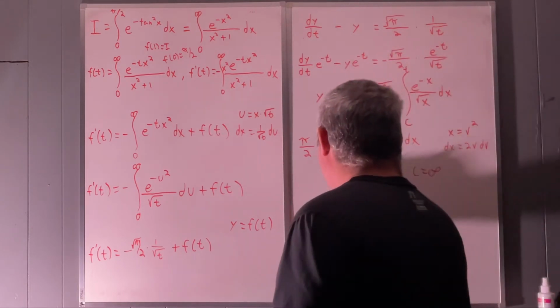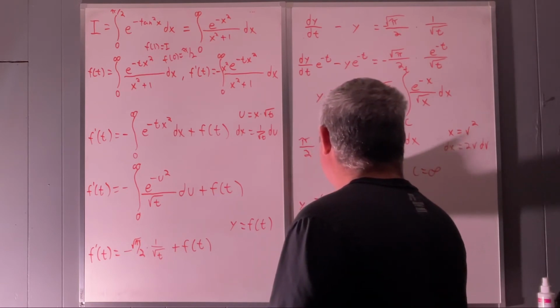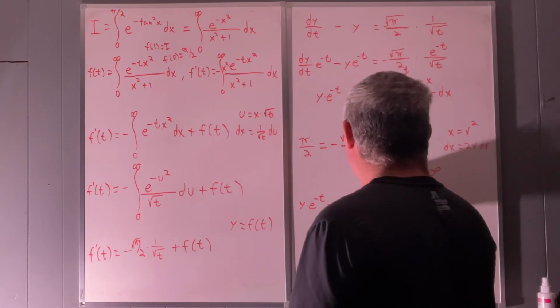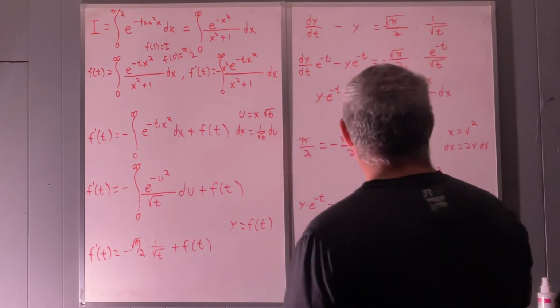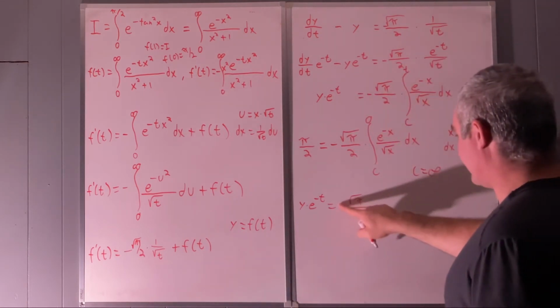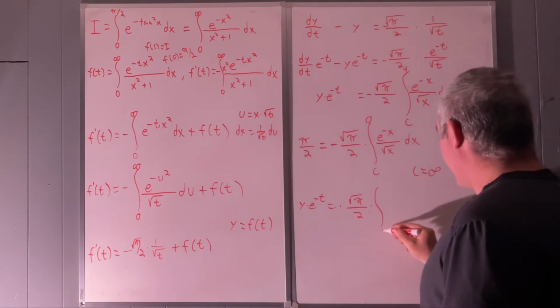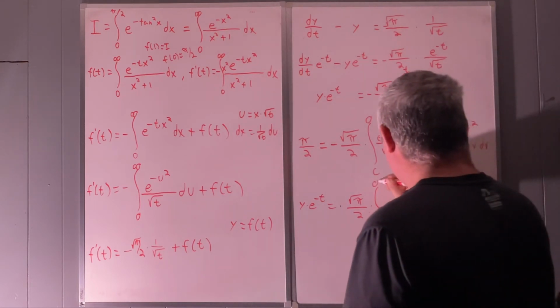So we have y times e to the negative t is equal to negative square root of pi over 2 times, right away I'm going to switch the bounds of integration by getting rid of that negative sign. So this will become the integral from t to c, which is infinity,